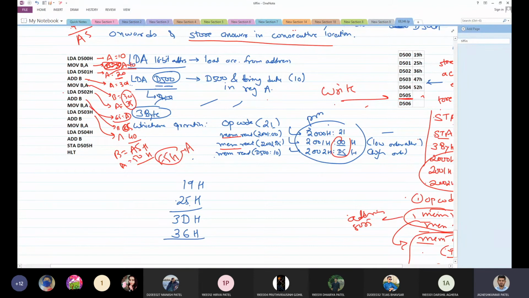So D is 14, 14 plus 6 is 20. What is the equivalent number for 20 in hexadecimal? This is F decimal number. F4, F5, sorry, sir, F5. 15 plus 5. Okay, no issue.